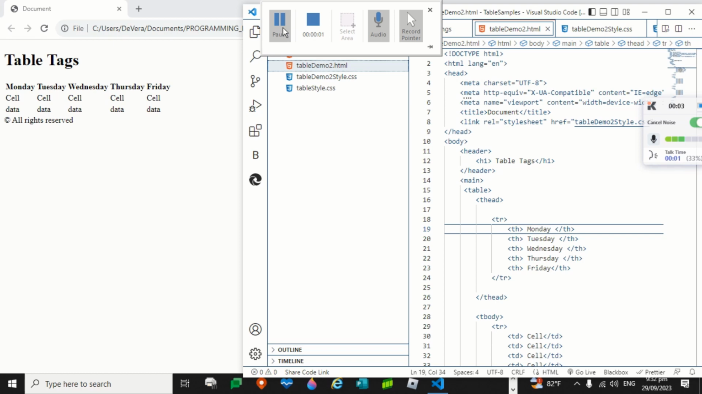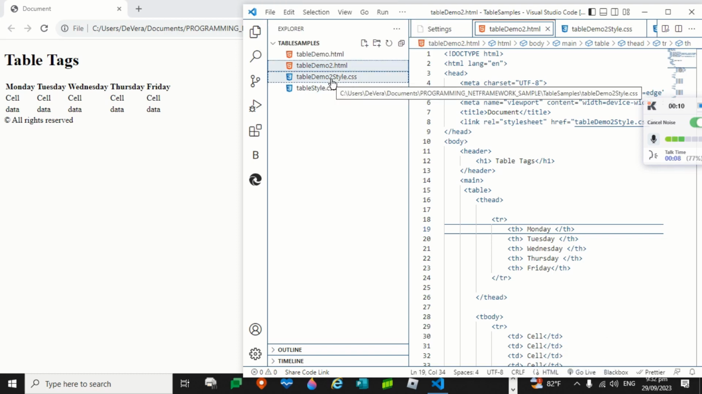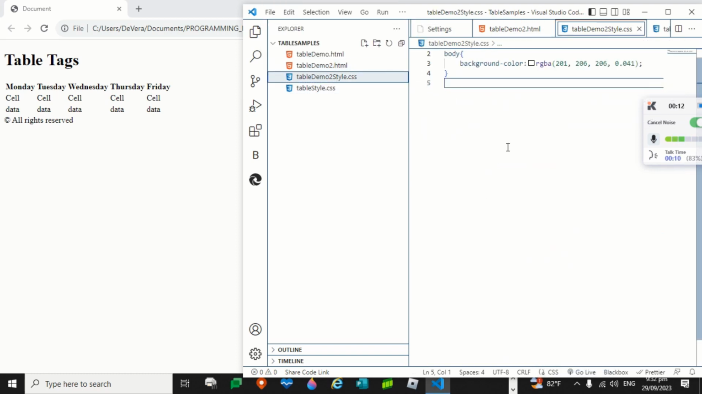Okay, I am now going to create an external style for this table. So I have here already my table demo style. It has a background color. So I'll be creating here a dot class. The name of my class is my style. And then, okay, so open curly brace, close curly brace. And then I will be adding a border. So border